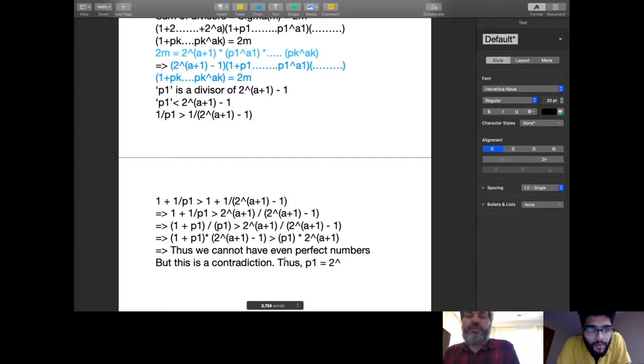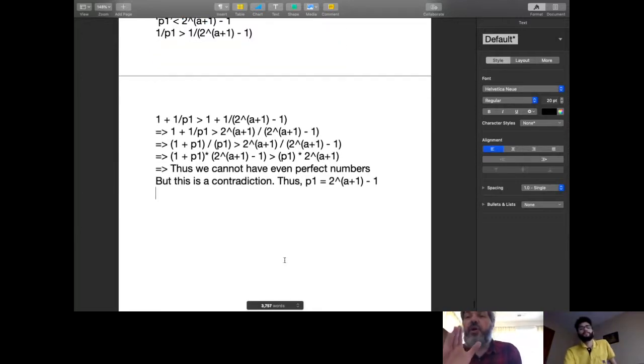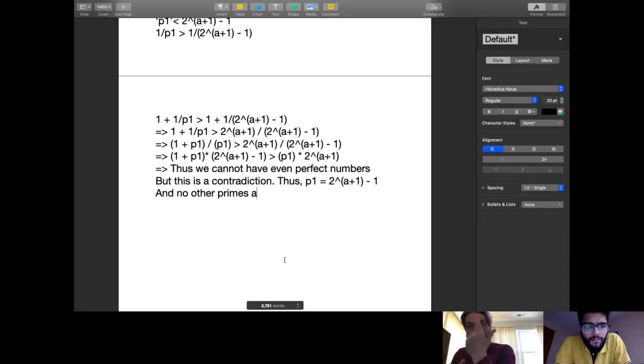P1 equals 2 to the a plus 1 minus 1. Yes. And no other primes are allowed in the prime factorization, except for 2 and P1. No other primes. And why is that? Because